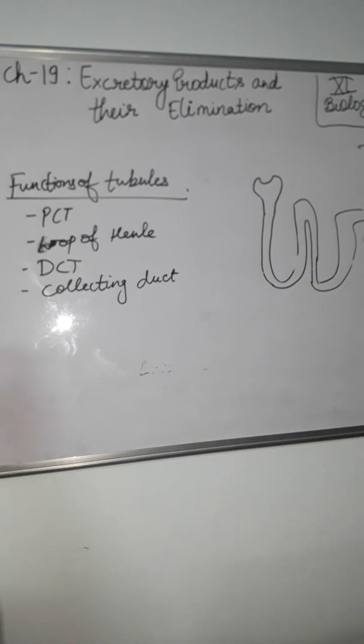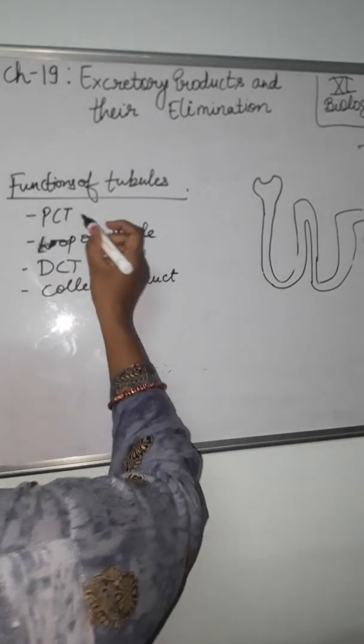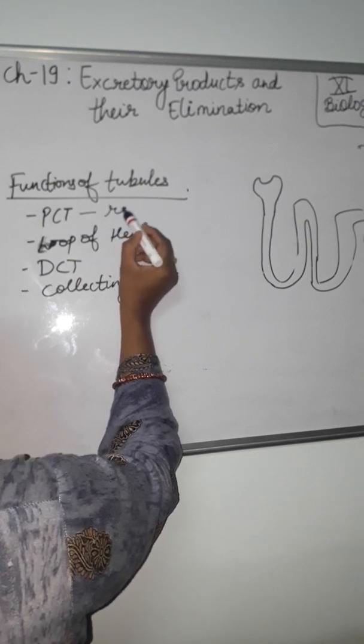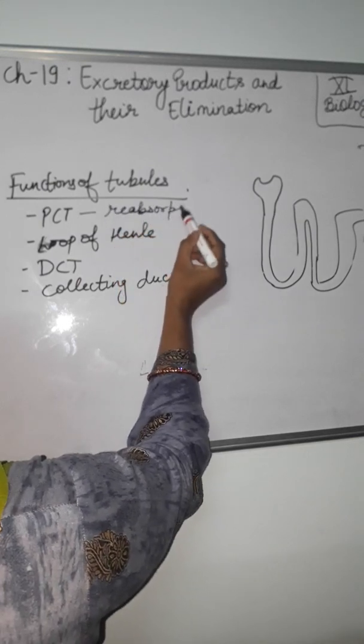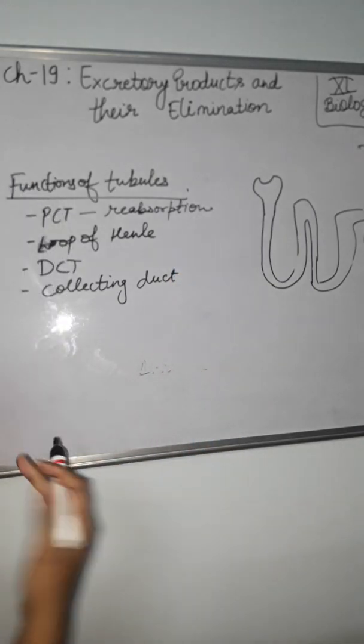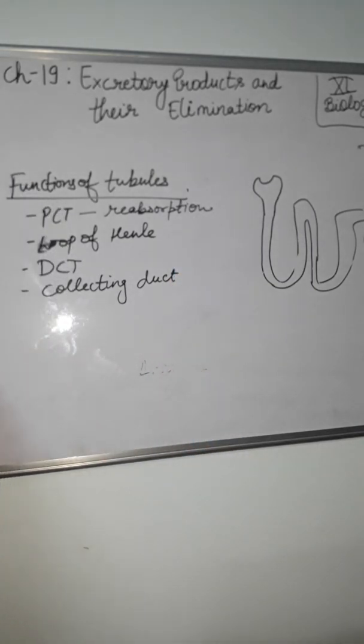Okay, PCT, this tubule is lined by simple cuboidal brush border epithelium which increases the surface area. ठीक है, surface area ज़्यादा होगा for more reabsorption. PCT में ज़्यादा reabsorption होता है. Nearly all the essential nutrients and 70 to 80% of electrolytes and water are reabsorbed by this segment. It also helps to maintain the pH and ionic balance of the body fluids by selective secretion of hydrogen ion, potassium ion and ammonia into the filtrate and by absorption of carbonate.